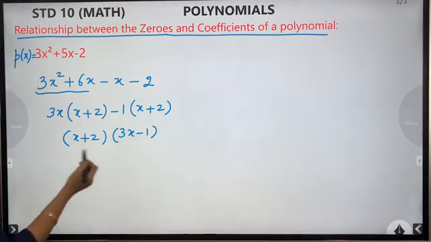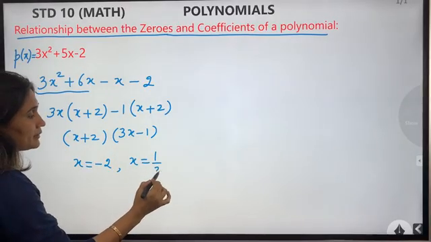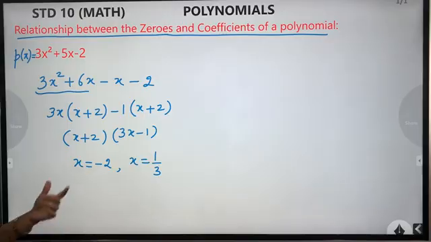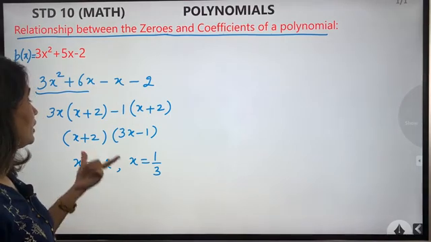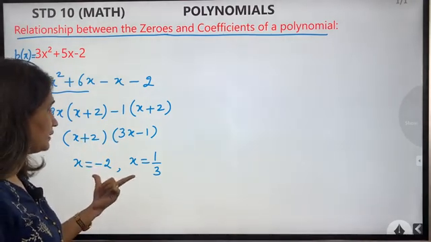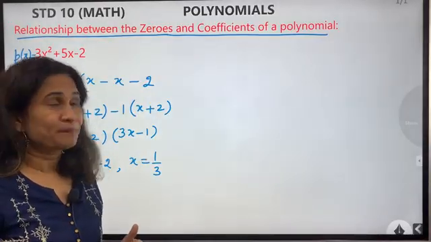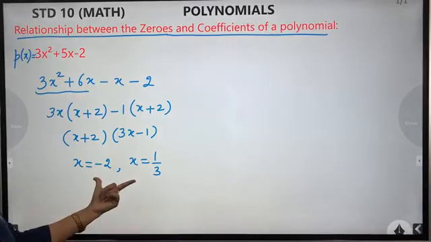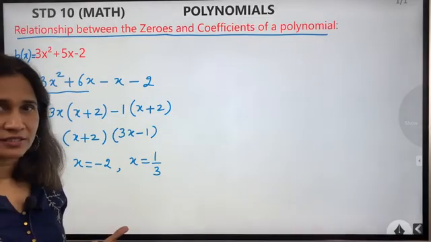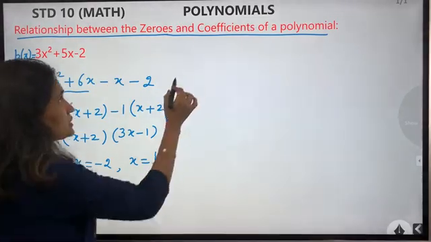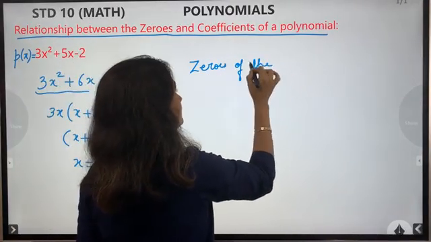Now from this, what do we say? That value of x is minus 2 or value of x is 1 by 3. So these are the two values for the polynomial you are getting. These are the two factors. From this you got these two values, but then children, these are also called the zeros of the polynomial. So what are the zeros of the polynomial in this case? Two values for which this polynomial is going to give you the answer 0. So that is why the zeros of the polynomial